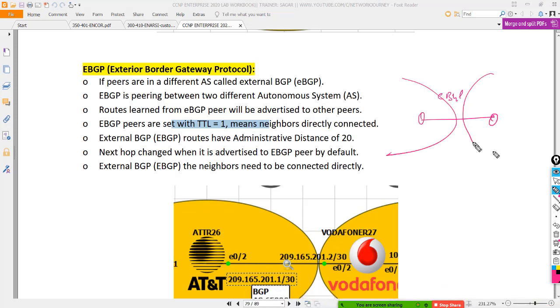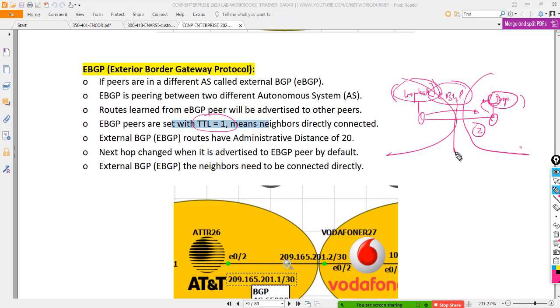Now my question is, if I ever want to make my loopbacks form BGP neighbors, we know that loopbacks are always up, and most of us in production prefer loopbacks to form eBGP relations. In such scenarios you are gonna have multiple hops. One is from here, and the second hop is from this router to its own loopback. Now there are going to be 2 hops and you are sending only one TTL. So by default, loopback to loopback, there will be no eBGP.